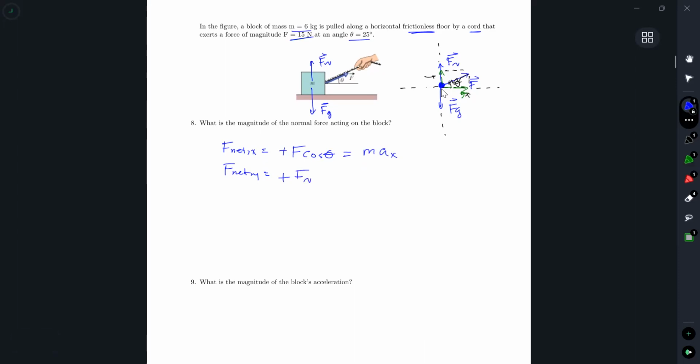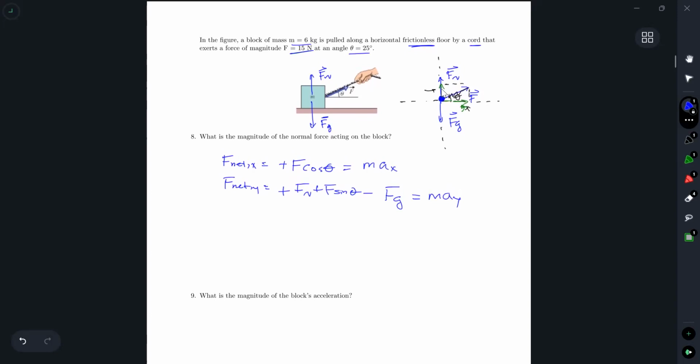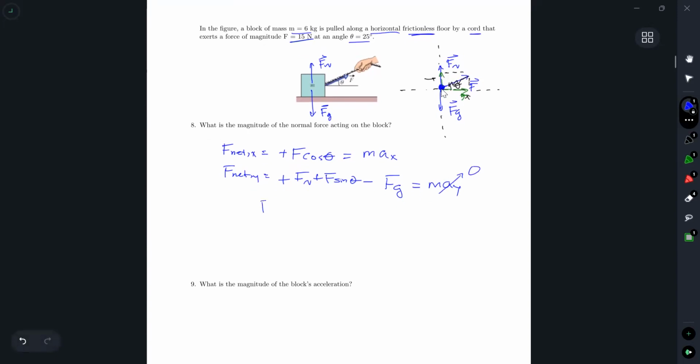We also have gravitational force acting downward as usual, but we also have that vertical component of this force applied by the cord. So that is F sine theta, and from our picture, we see it's acting upward. That's equal to the mass of the block times its vertical acceleration. If it's pulled along a floor, it is not accelerating vertically. So that side is 0. That tells us